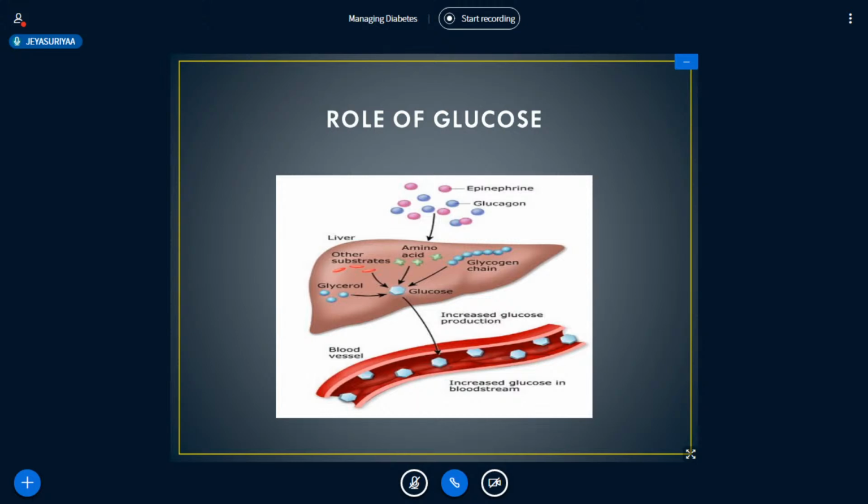Our liver stores and makes glucose. On the other hand, when the glucose levels are low, such as when we haven't eaten in a while, the liver breaks down the stored form of glucose, termed glycogen, into glucose once again. That is, when excess glucose is taken up by the liver and stored as glycogen, and when there is depletion of glucose in the blood circulation, the stored glycogen from the liver is broken down into glucose to maintain a normal range of circulating blood sugar.